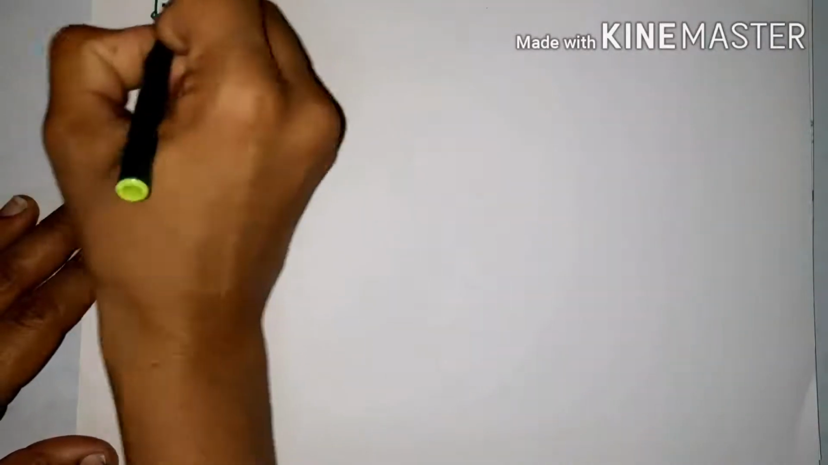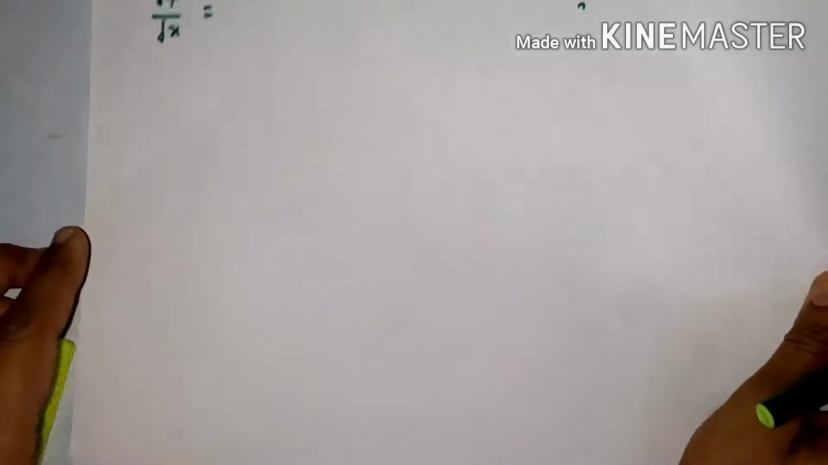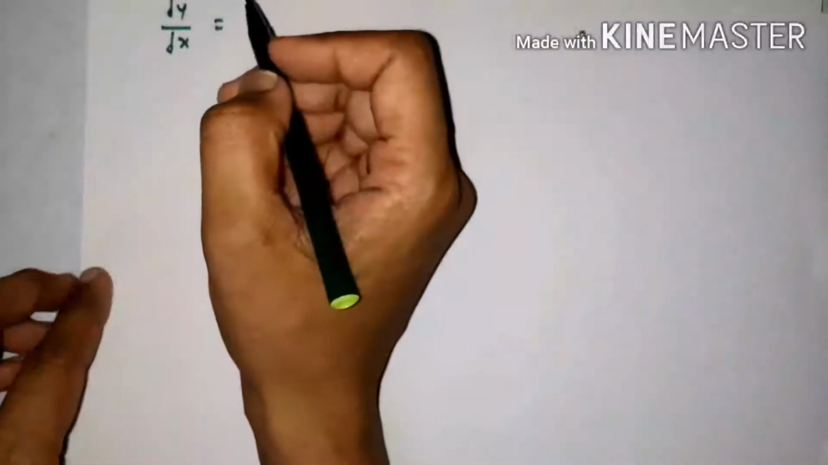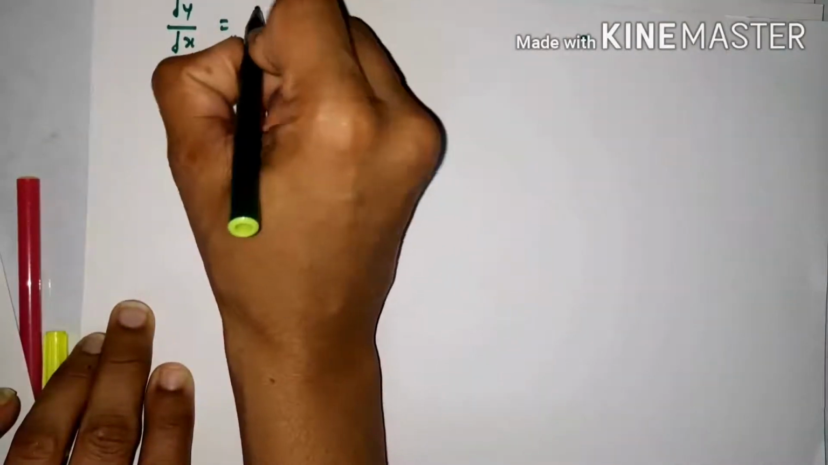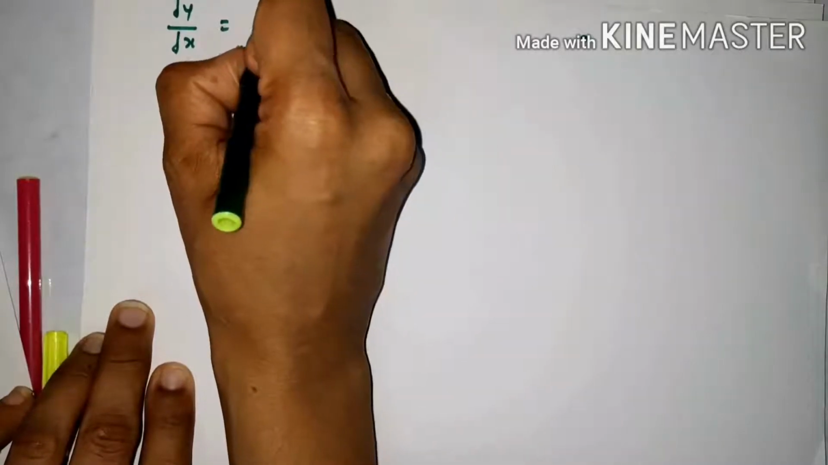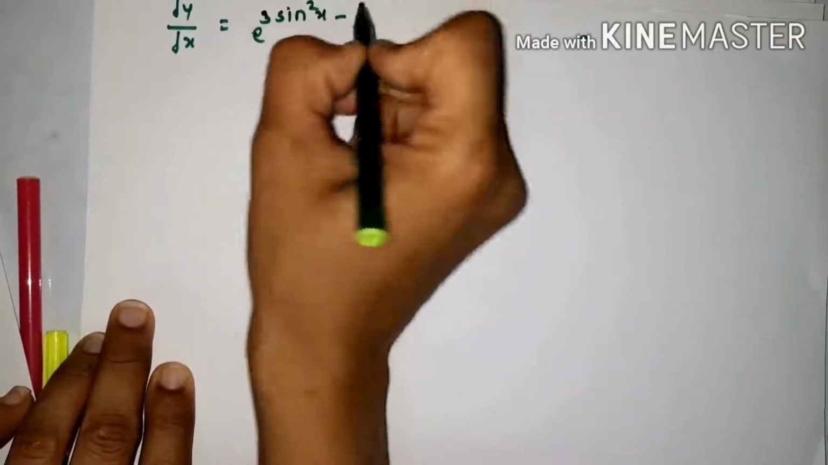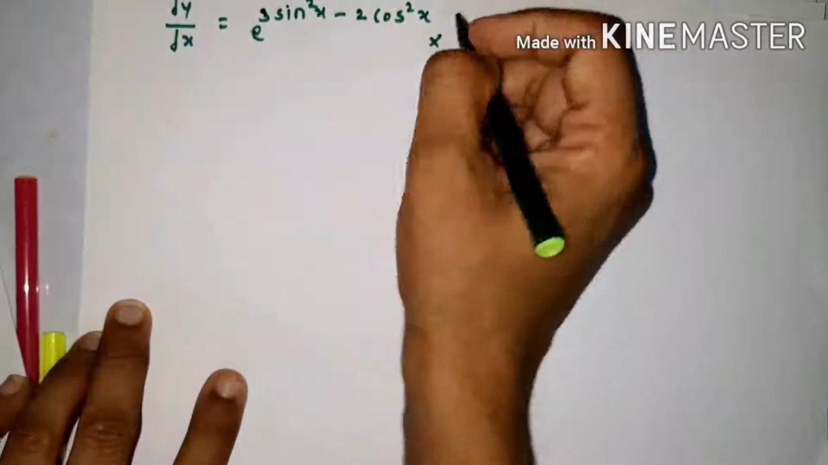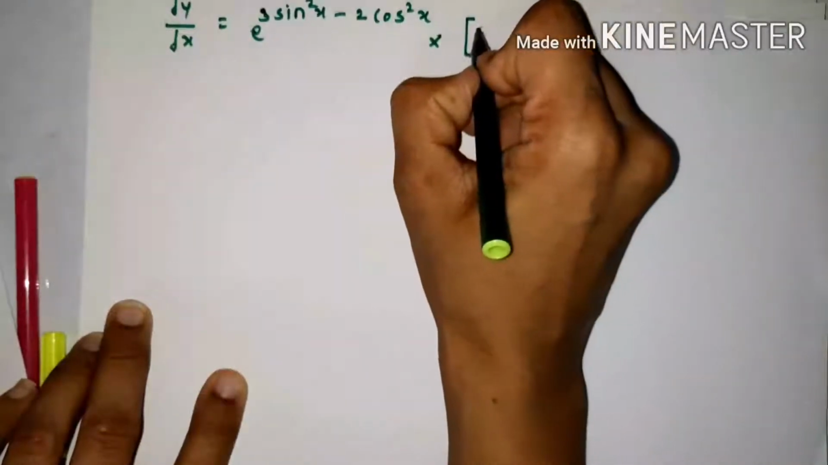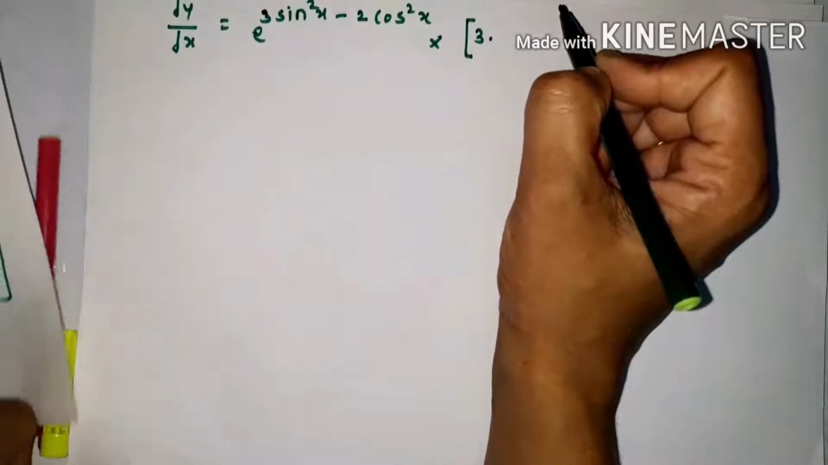Okay. Now this is equal to dy by dx equal to e raised to 3 sine square x minus 2 cos square x into, so this 3 is a constant, okay, and in this